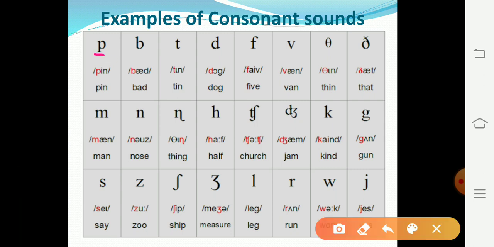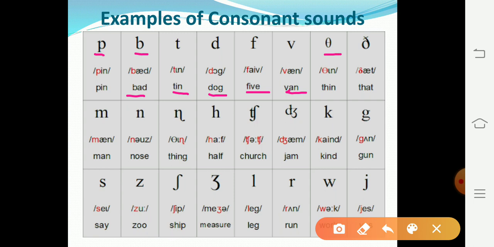This is P as in the word pen, B as in the word bat. The next sound is T, that is in the word tin. The next sound is D, that is in the word dog. The next sound is F, that is in five. The next sound is V, as in the word van. The next sound is th, which we can just pronounce